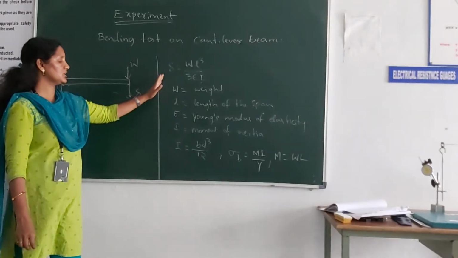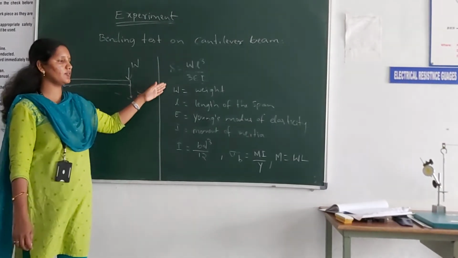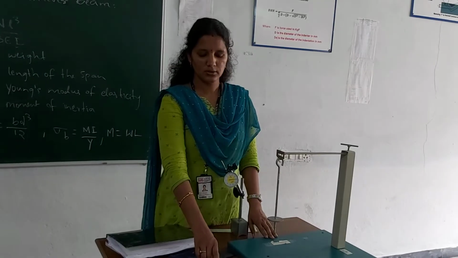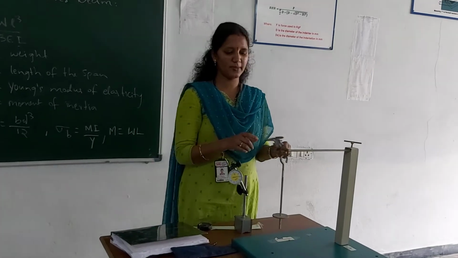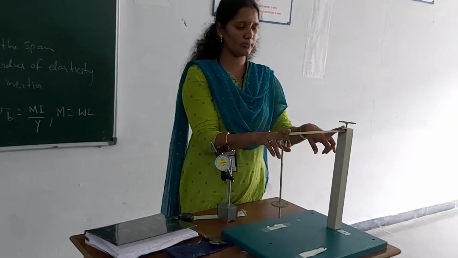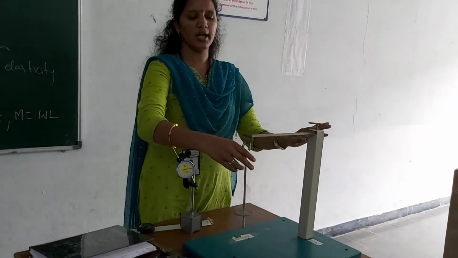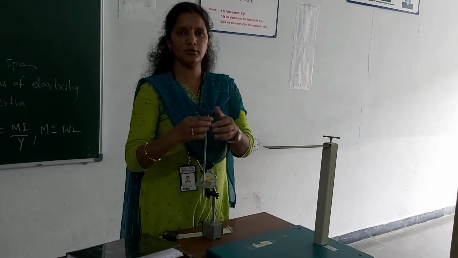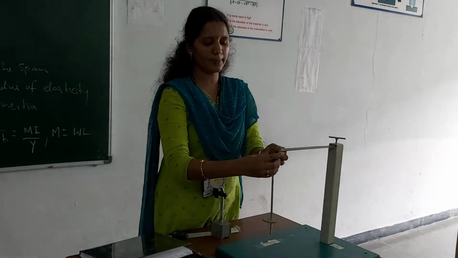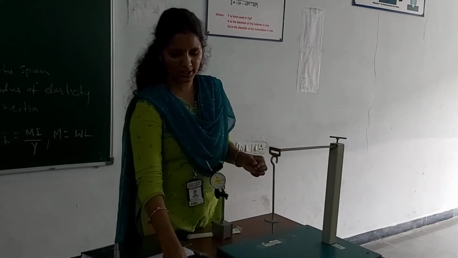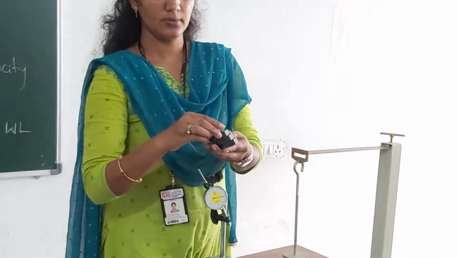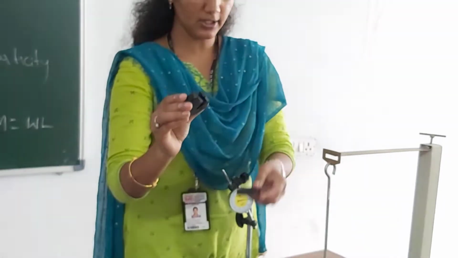Now we will see the deflections while applying the loads on the cantilever beam. Now we will measure the deflections on the cantilever beam. This is the setup of the cantilever beam. One is the fixed end and this is the free end. And this is our hinge for supporting the loads, where we apply the loads with the help of this hinge. And these are the different weights which we apply on the